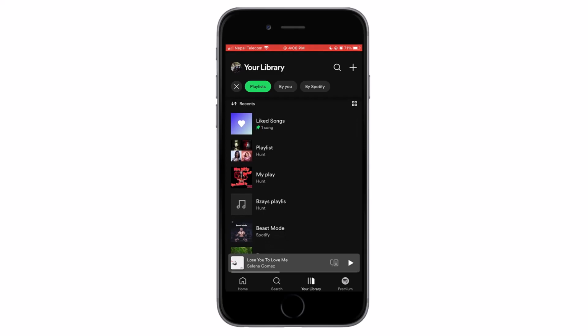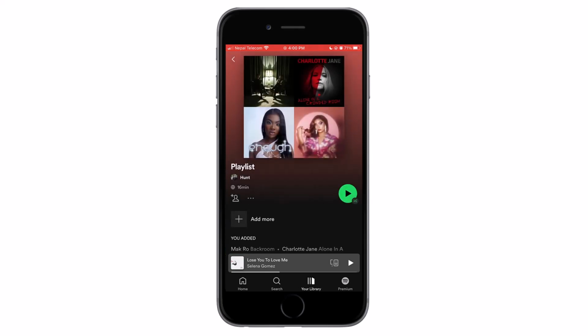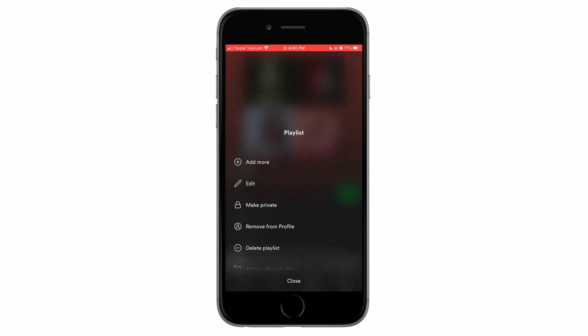Tap on it and then you can see three dots beside the add people icon. Tap on the three dots and then scroll down. There you can see share. Tap on it